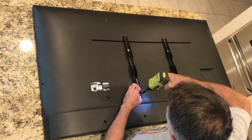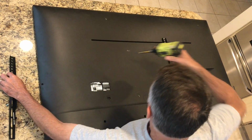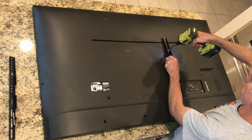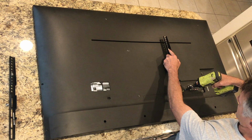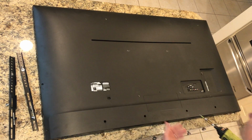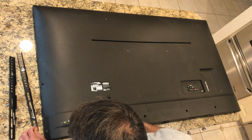I'm going to go ahead and just get these out of the way, make sure that these are not going to be any problem with the removal of the back panel. There's a Russian guy that has a video of how to fix the Wi-Fi. The Wi-Fi was working fine, and I wasn't aware of anything actually wrong with this TV at first, but the Wi-Fi stopped working. So I'm going to go around and try to see if I can replicate what that guy